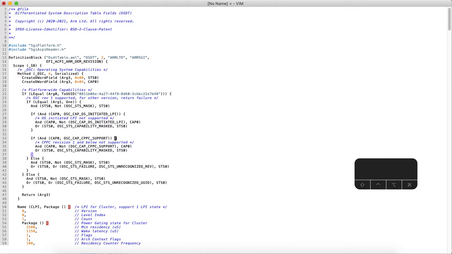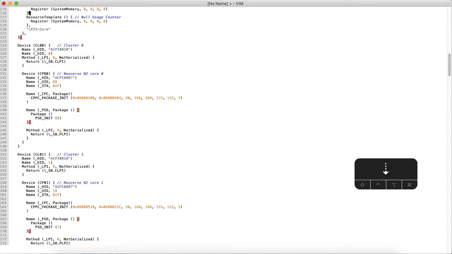So let me jump to that location. So I have opened this file in Vim. As you can see, as I showed in the previous screen, these are the LPI entries.